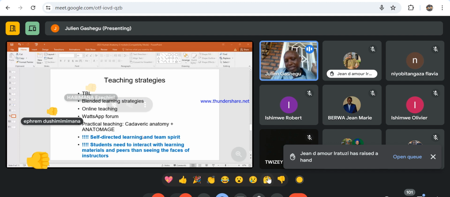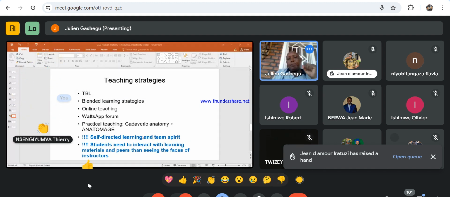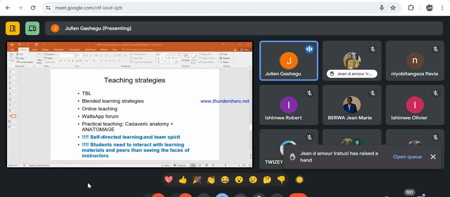But this is the most important, because no one will learn in your place. What we can do is push you through assessment and by providing a good environment. But in the end, it's you who are the learner, and you need to interact with the material as early as possible, and interact with your peers,